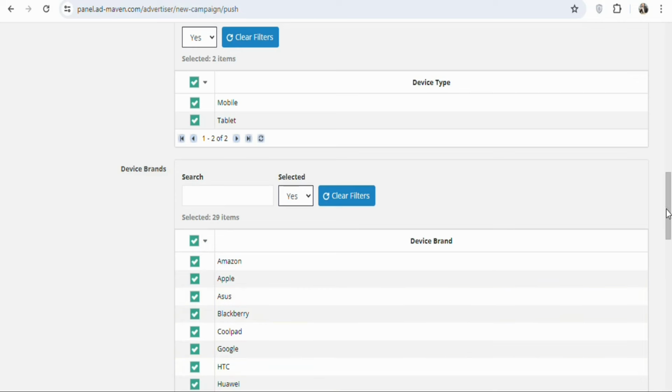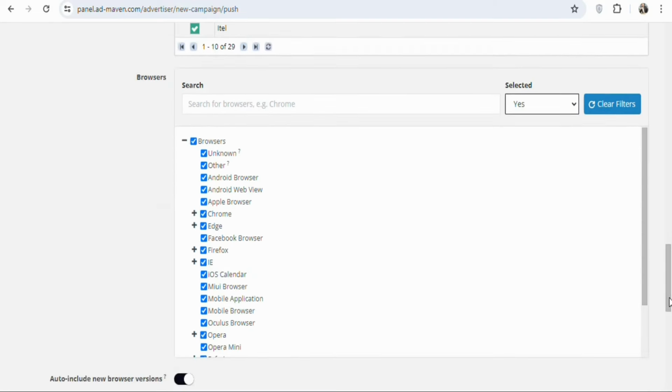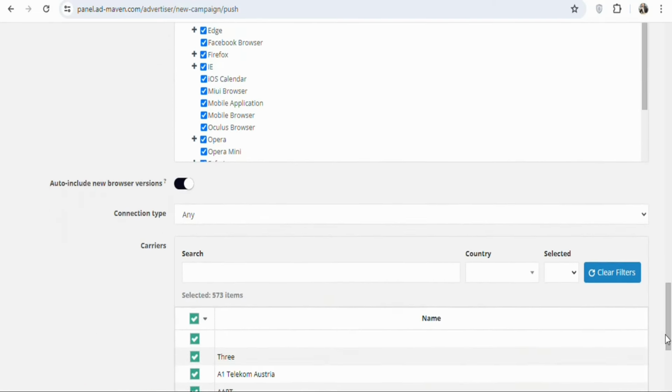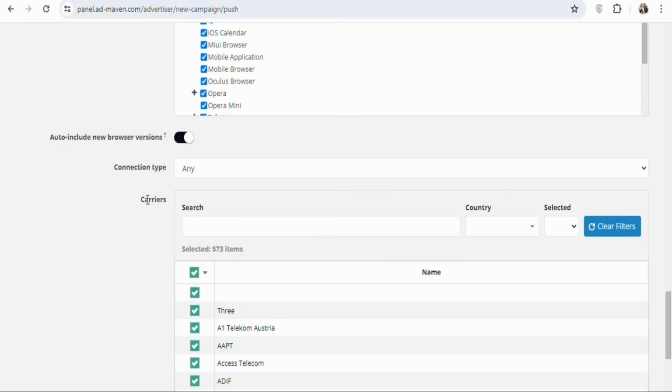Once that is done, you have to scroll down. You can see browsers. There is no restriction, so click right here and then select yes, selected. All the browsers are allowed. Once that is done, you have to scroll down. You can see connection type. It is allowed on any connection, so just leave it. Once that is done, you can see carriers. There is no restriction, so what you have to do is leave it, but you have